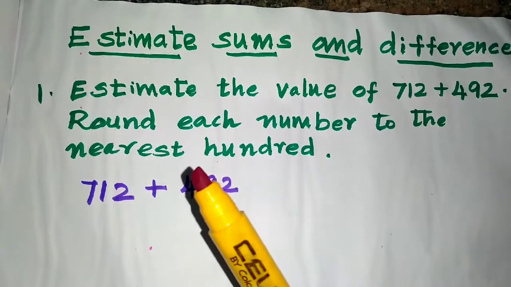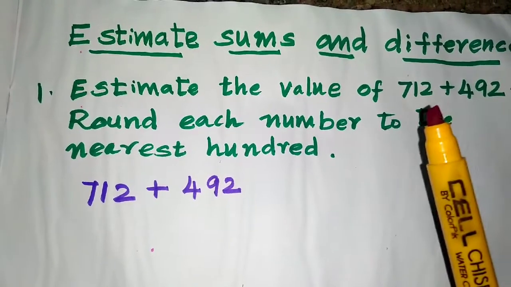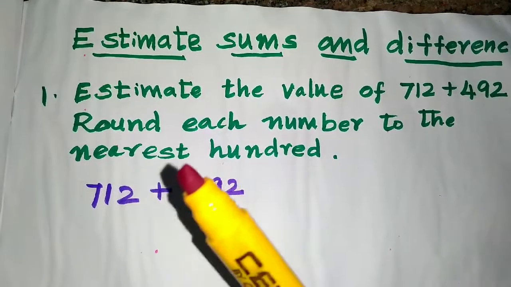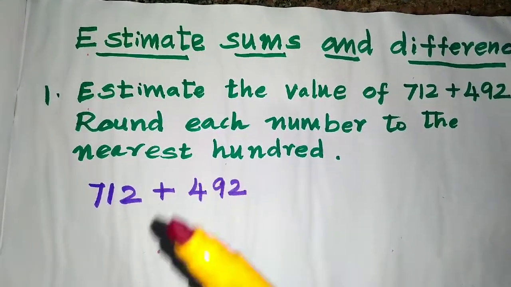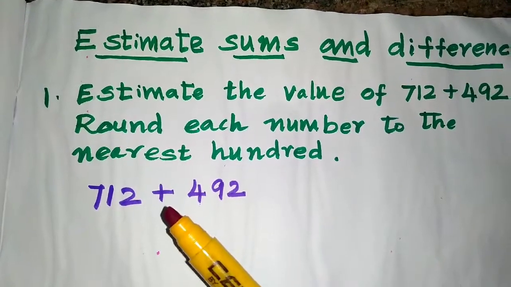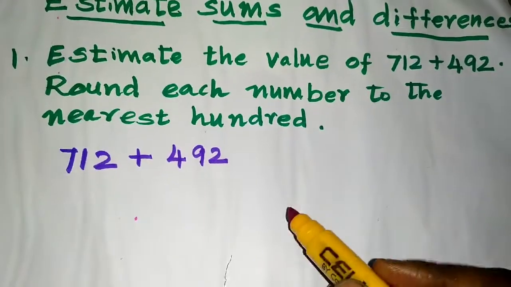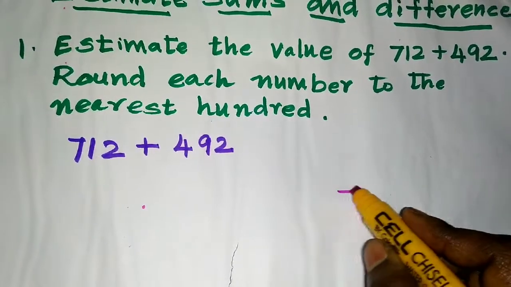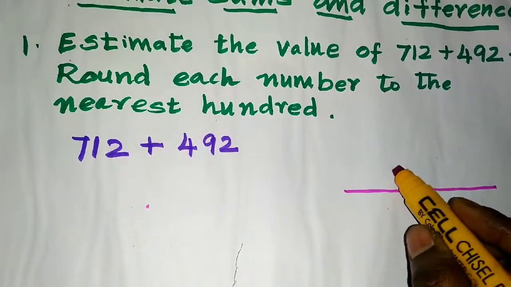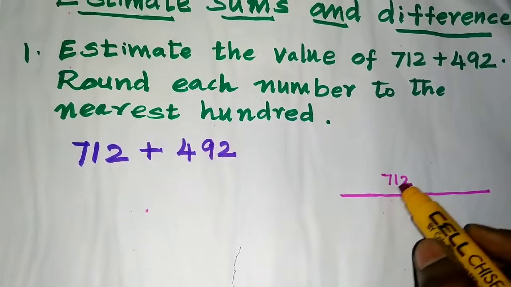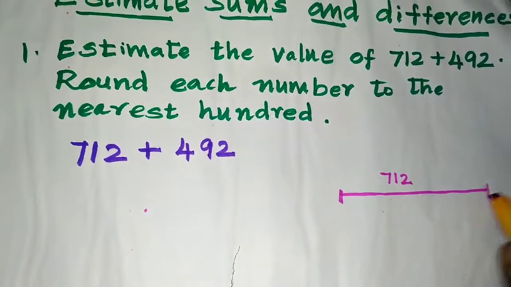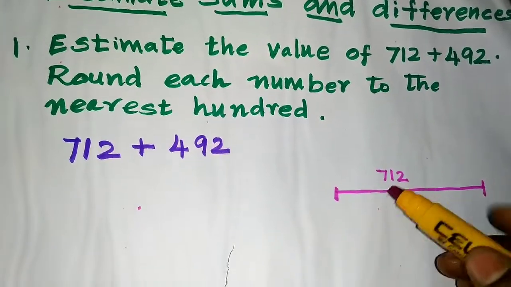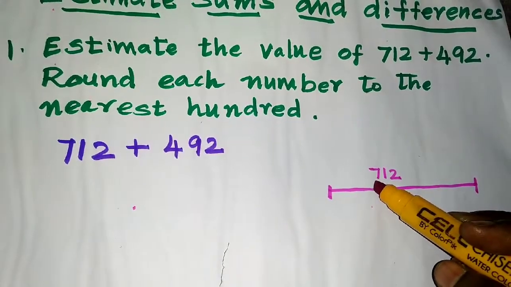I have written the problem which is given. Let me show how to solve the problem by using the round off method for the given number. Keep in mind, listen carefully how I am going to do it. Consider the value 712. Now we are going to round off the value 712 to the nearest 100. Here, 712 is given. We have to find the before 100 value and after 100 value, the nearest 100 values.